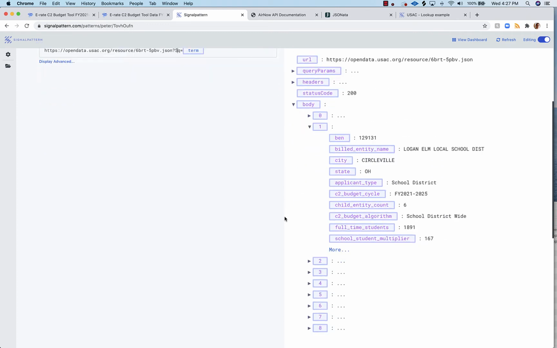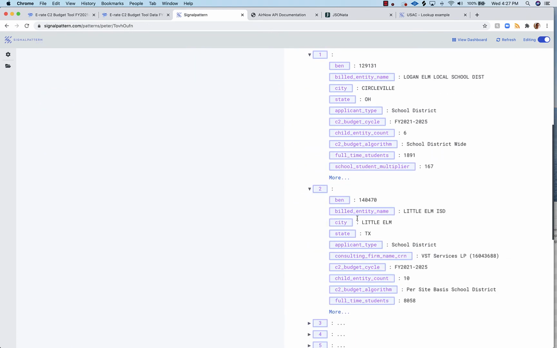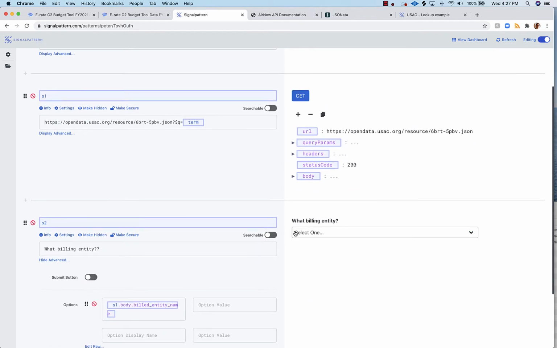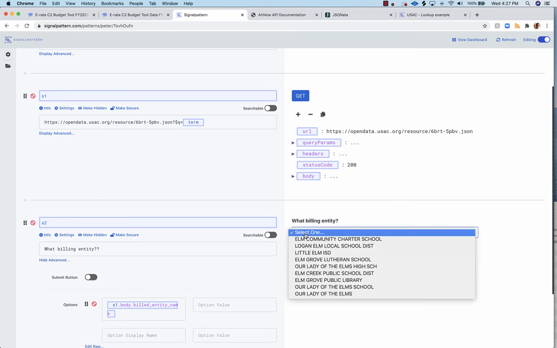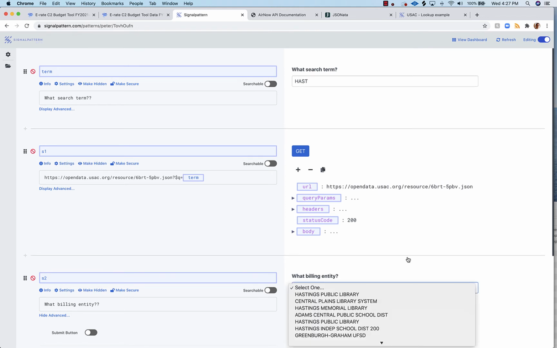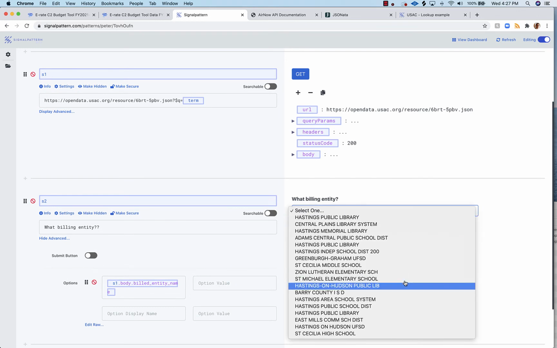So I put in Elm, and it now gives me just the results that have the word Elm in it. It could be anywhere, which is kind of a nice feature of this API. And so now the result, if I look here, is only going to be the ones that matched the search criteria, right? Search a term. If I put in something else, I know that haste is another one, then it'll just have the ones for that particular